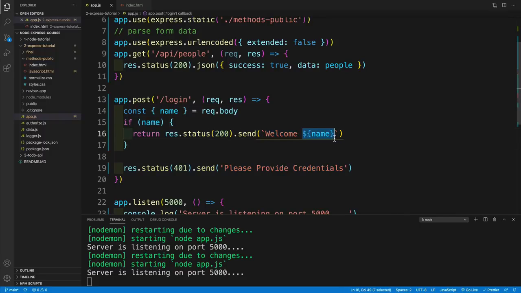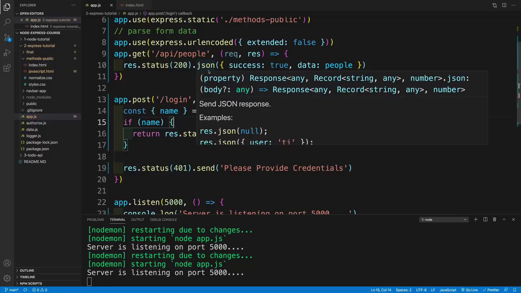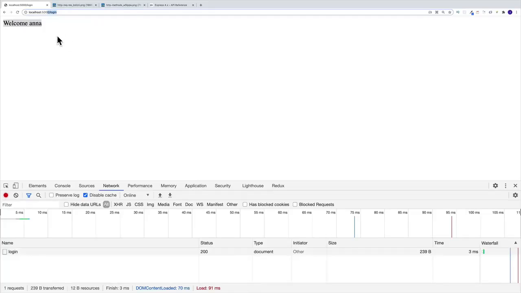Now, like I already previously mentioned, this is just for demonstration. This is just so we have a bit more interesting example instead of just sending back the name. So hopefully this part is clear. And now we can